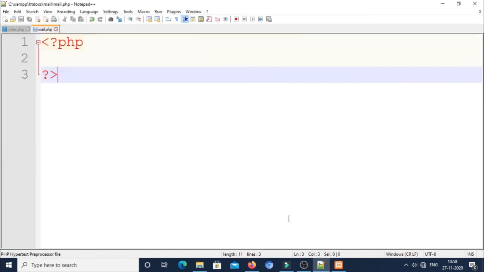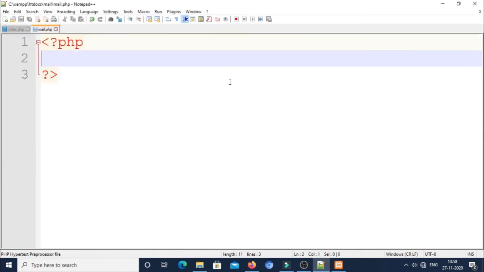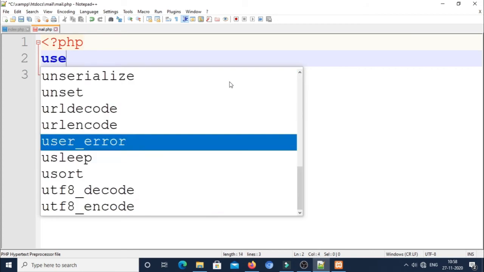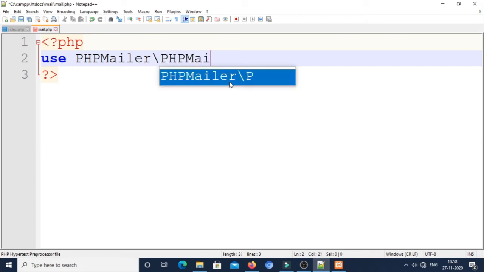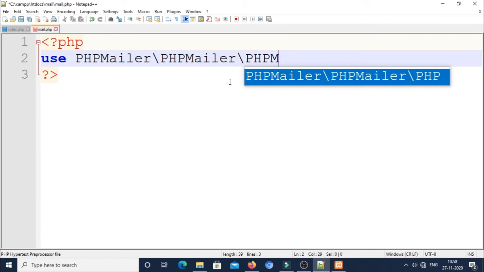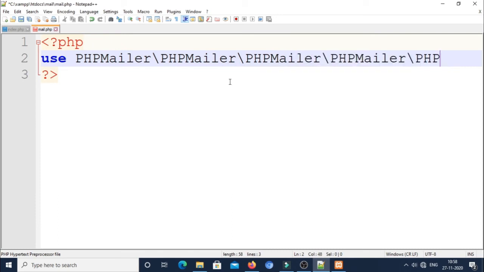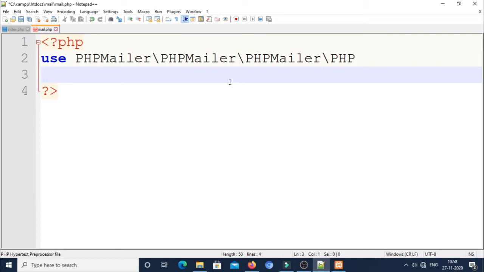First thing you should add is to include the interface called PHPMailer. You can add it by the keyword use PHPMailer\PHPMailer\PHPMailer. PHPMailer is a folder, and once again PHPMailer is the interface name, and PHPMailer is the class defined in that one. So you should define it three times. Then you should include the external files by using the require or the include functions.